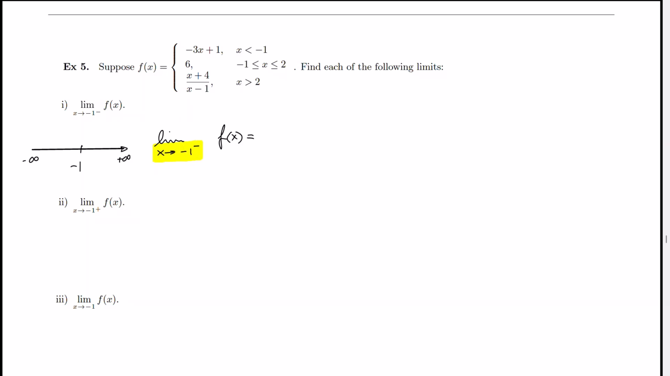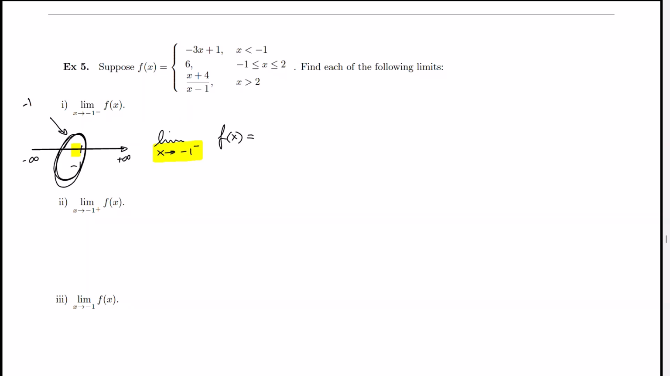On which side of negative 1 am I coming from? Am I coming from the left side or the right side? Negative 1 minus is a number slightly smaller than negative 1. So I'm coming from the left side of negative 1. Since I'm coming from the left side, the numbers I'm going to see there are things